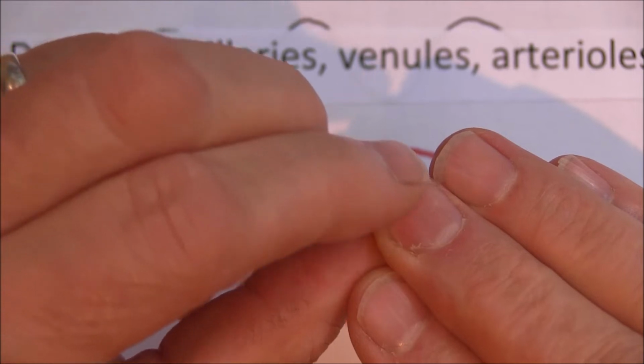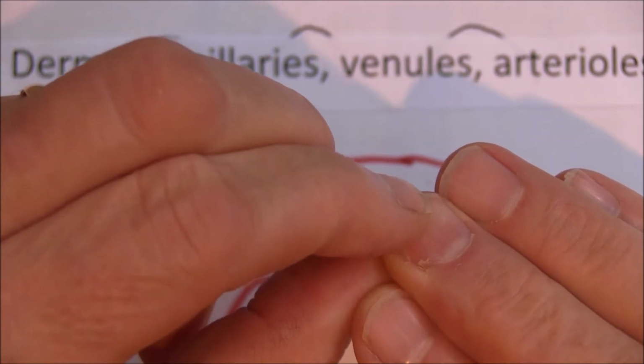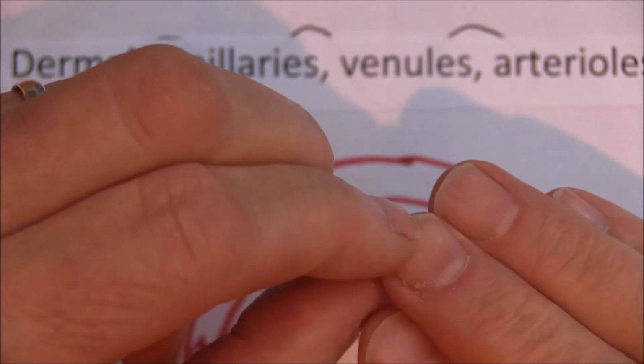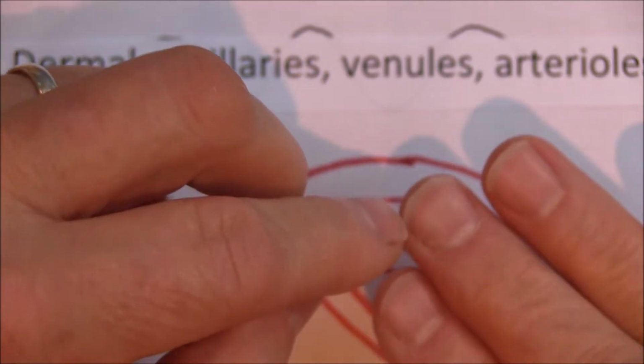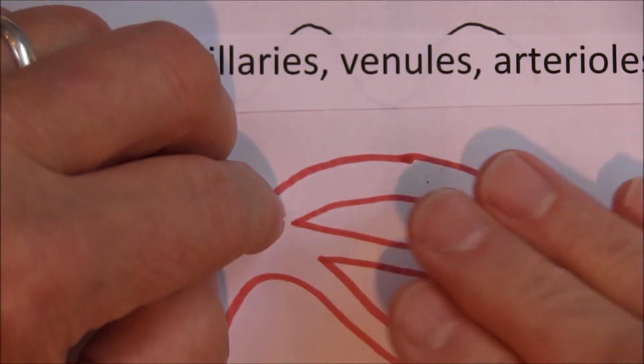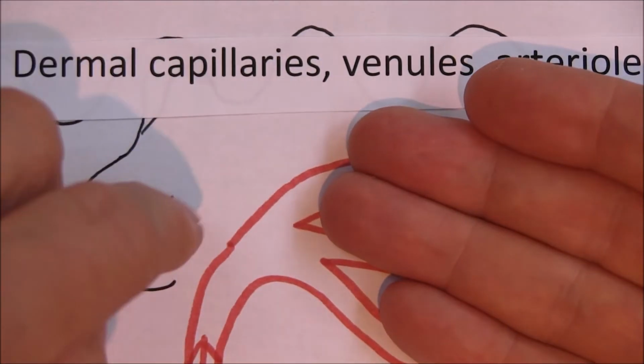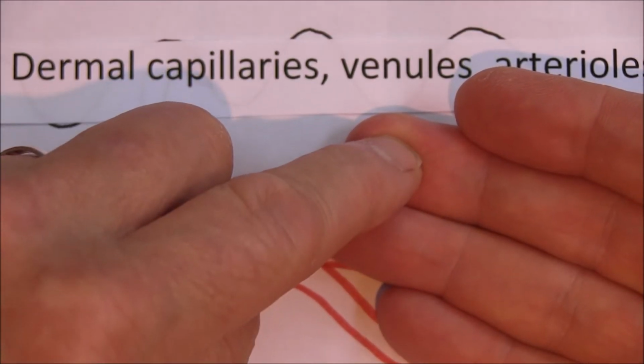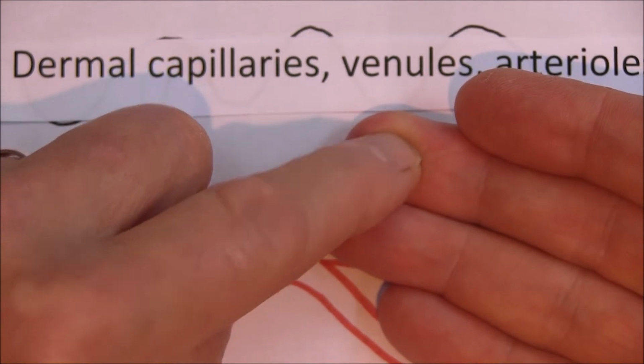That's going white, and then as I let go, it's reperfusing. Now that whiteness we call blanching, and the redness going back in we call capillary refill. You can do it anyway. So we press and we get blanching, we let go